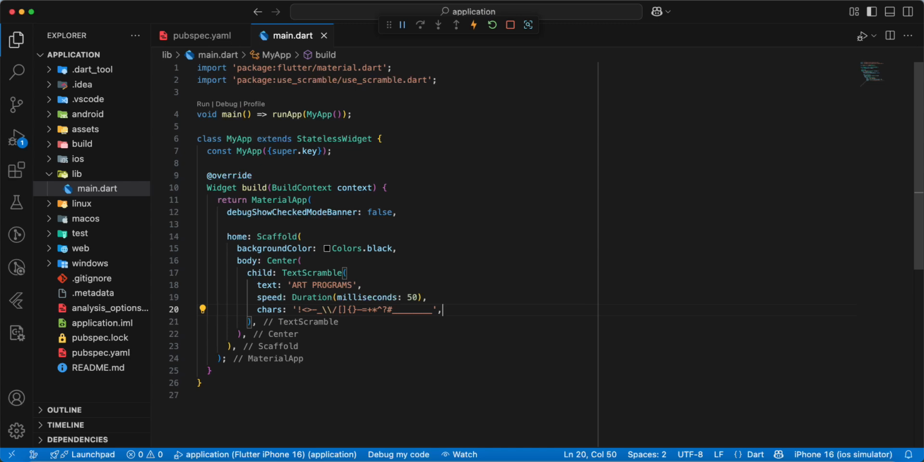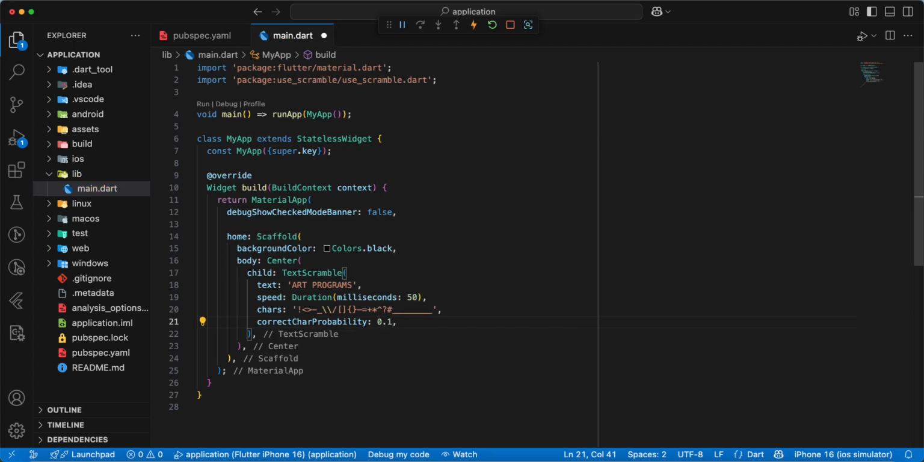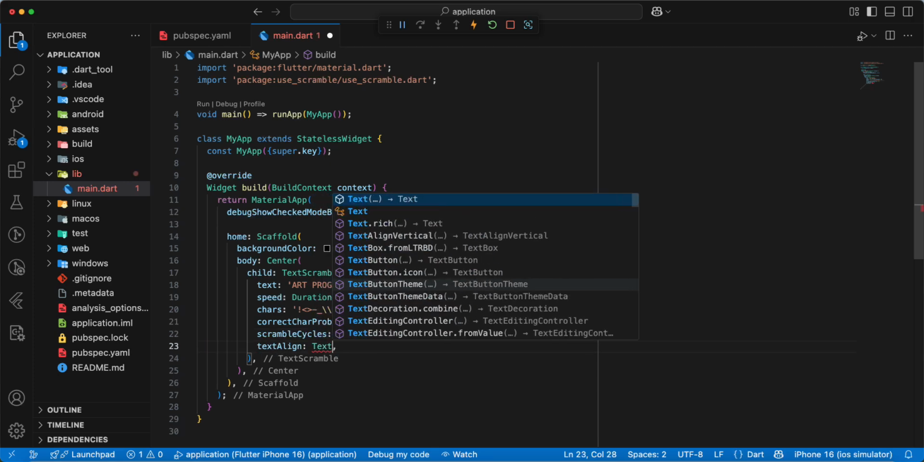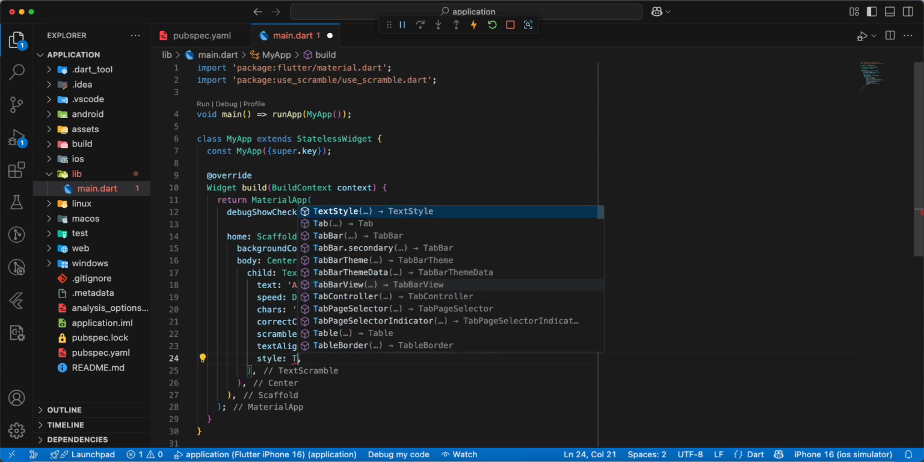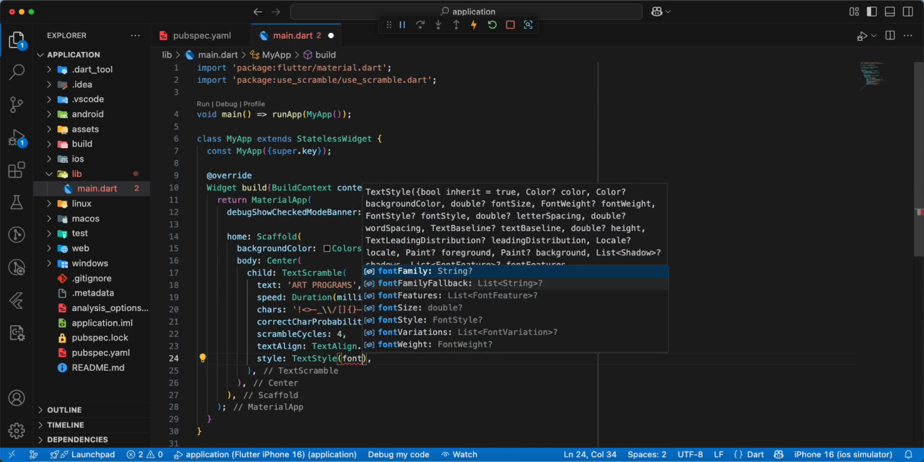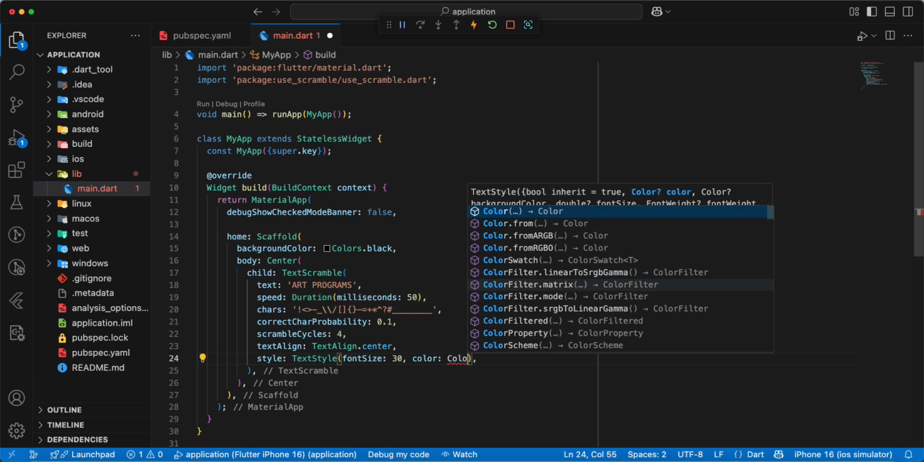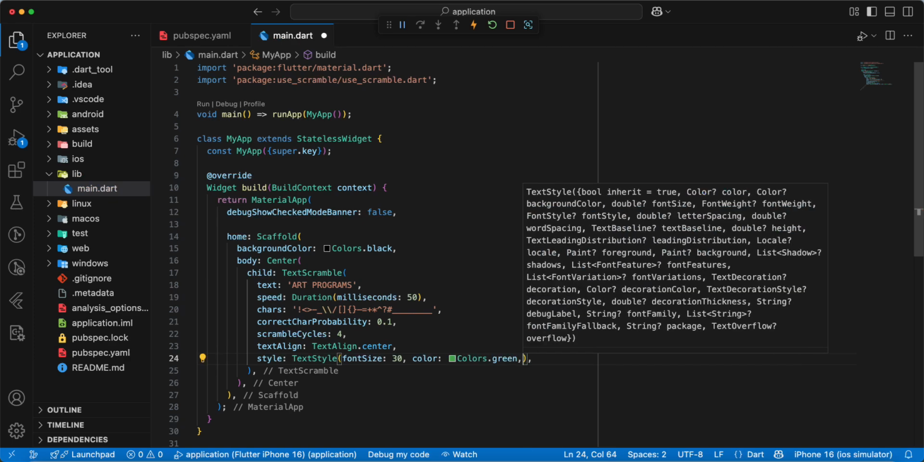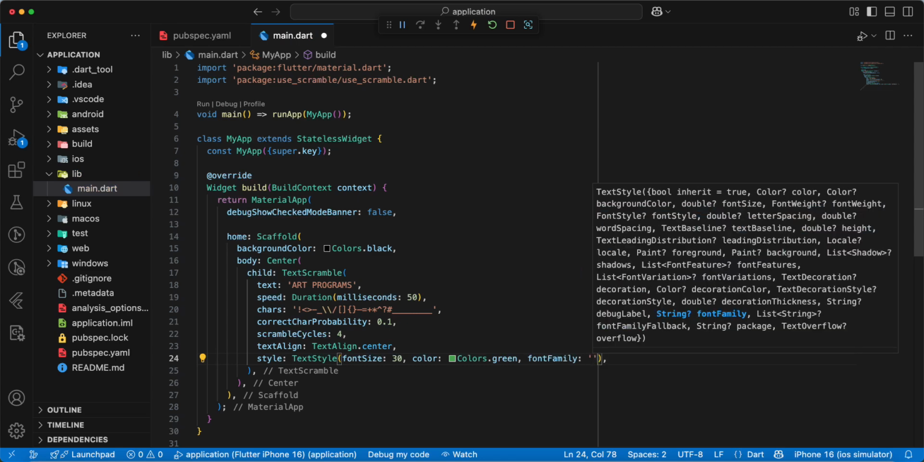add information, then we add parameter correct char probability, write 0.1, then we add Scramble cycles, write 4, add text align, write TextAlign.center, write style, add TextStyle, add font size 30, write color, write Colors.green, then add font family, JetBrains Mono,